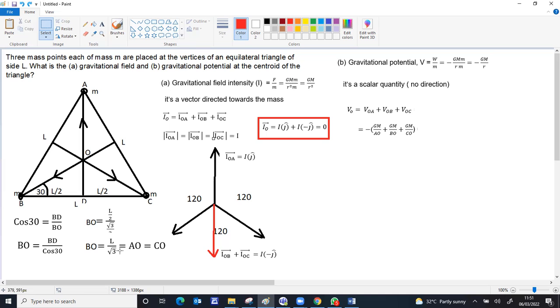All three we already calculated as L by root 3. So L by root 3 is common for all of these. So G m by L by root 3 is just 3 times, because there is no vector involved. The root 3 goes to the numerator, and you get minus 3 root 3 G m by